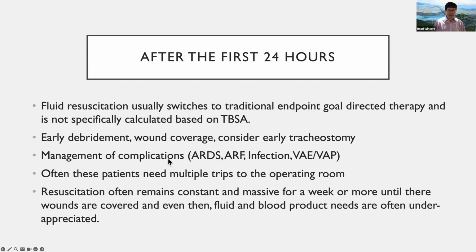As I said, multiple trips to the operating room are very common, and the resuscitation really often remains an almost constant activity, usually for the first few days. And it's still pretty aggressive, although not based on TBSA and not as aggressive as in the first 24 hours. But of course, you have to manage the situation. So let's say the patient goes to the operating room on day 2 or 3 to get a lot of tissue excised. If that patient winds up getting a lot of blood products and they start getting into coagulopathy, you may find yourself back at a very aggressive blood product resuscitation with plasma and red blood cells.